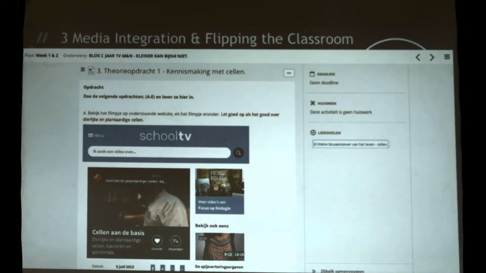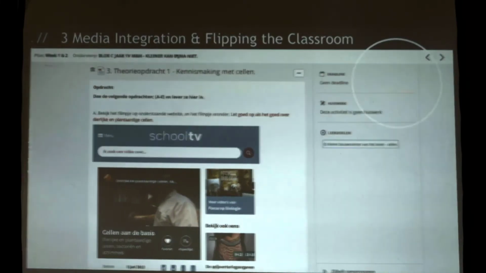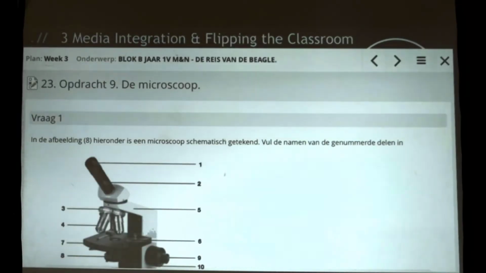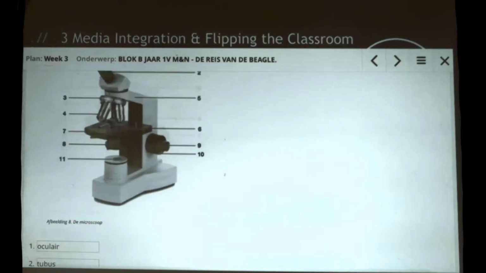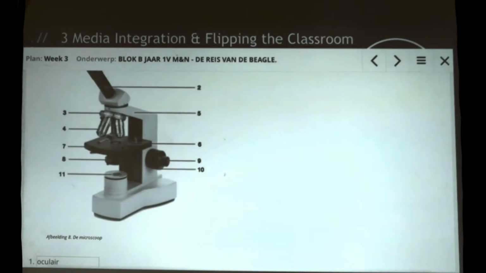I also embedded things like tests as assignments. So this is an assignment you may all recognize from earlier on. Or do we have any biology teachers here? Probably. And why is this handy? It's not an actual test. It's not about that. It's about having